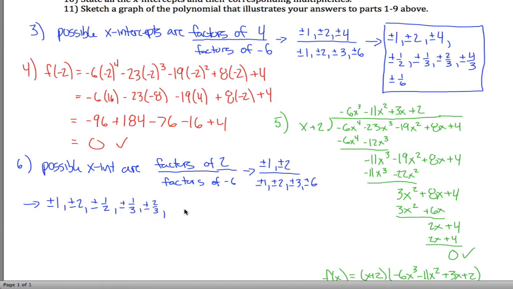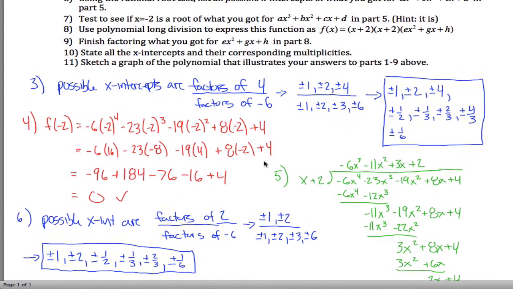And 1 or 2 over 6. 1/6 and 2/6, but 2/6 I already have. That's right here. So here are all my possible x-intercepts that are left. And so what I can do is test to see if x equals -2 is a root